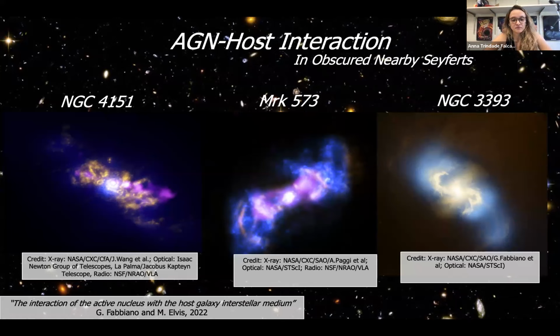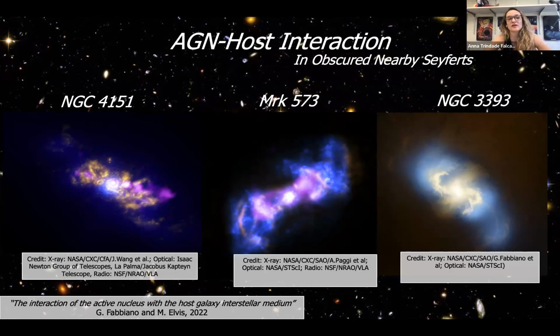And of course, feedback is important at other times, but I think the kind of detail that we're going to be able to get with AXIS for this kind of science is the most exciting part, at least to me, of